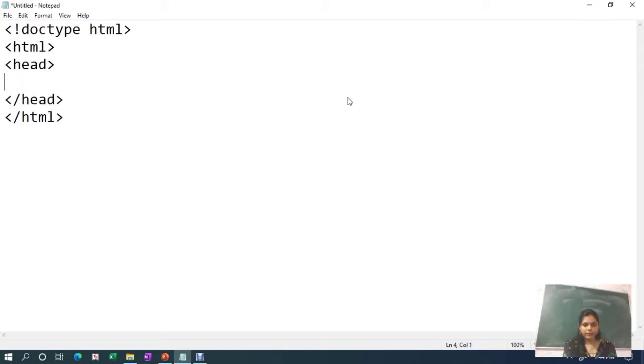Within the head tag, you can add a title for this web page. So the title and end of title. Provide any meaningful title here, suppose Demo of float property.